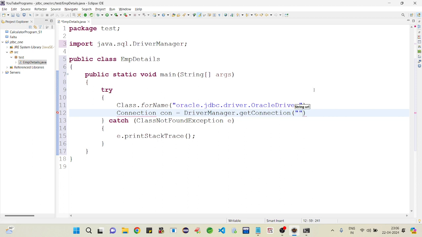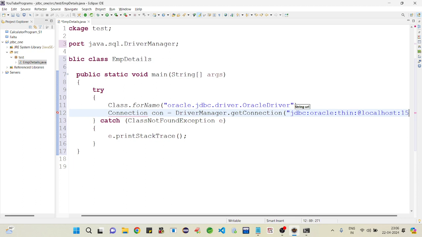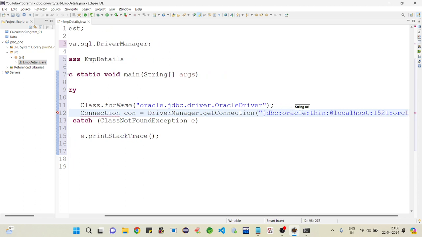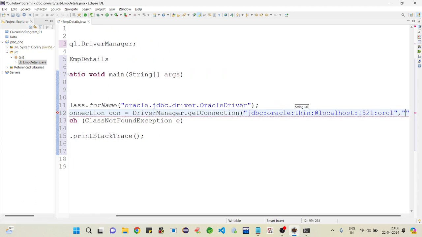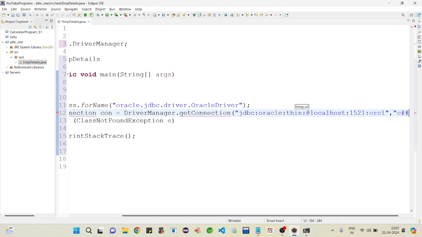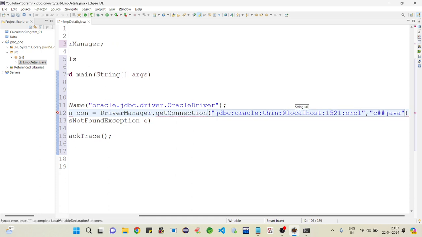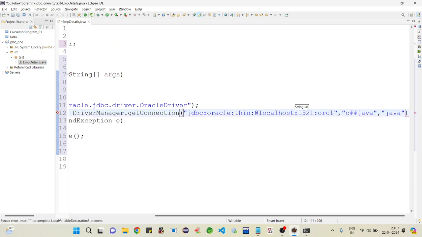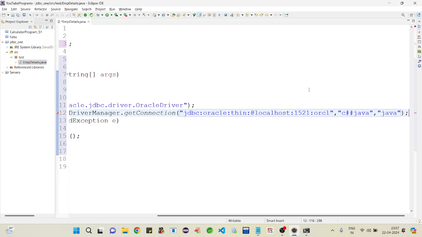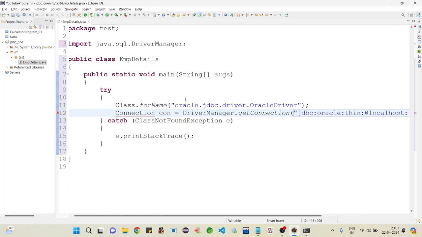Here we have to write the DB URL: jdbc:oracle:thin:@localhost:1521:orcl, then the database user id. My user id is css java and password is java. We have to handle one more exception, SQLException.